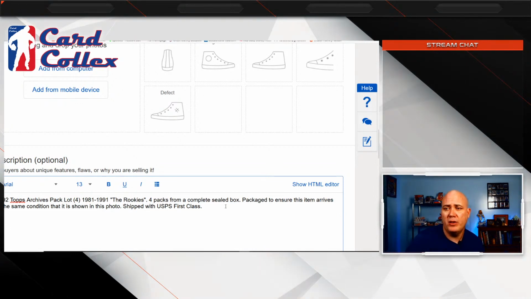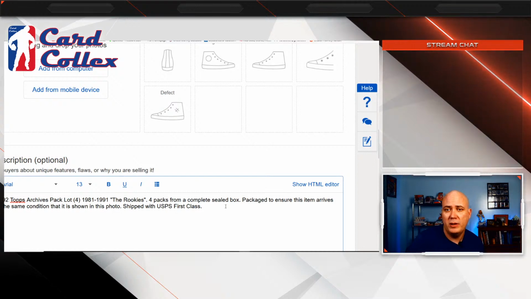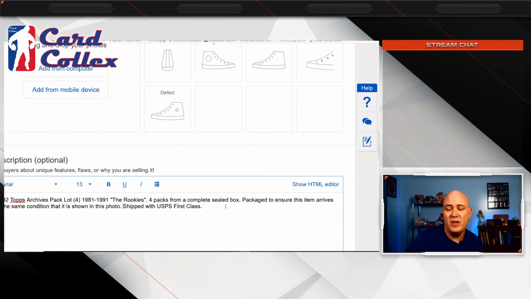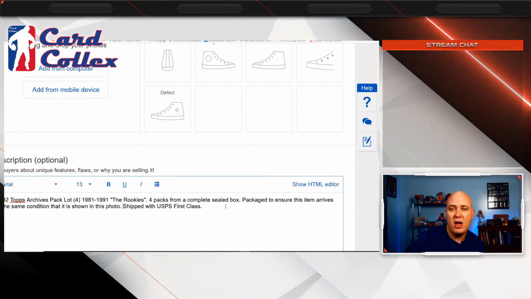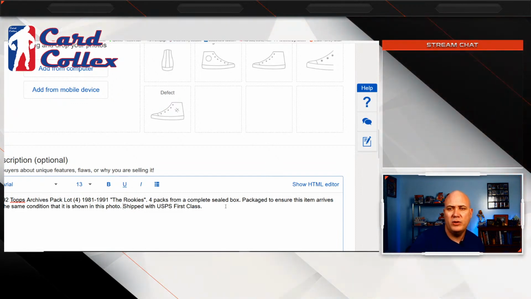I will use bubble mailers, but like I said, I'll go a little bit above and beyond, and maybe put some cardboard in there and sandwich them between that. Now, with the new standard envelope, the plain white envelope shipping with tracking for $1, you're not going to be able to do as much of that.